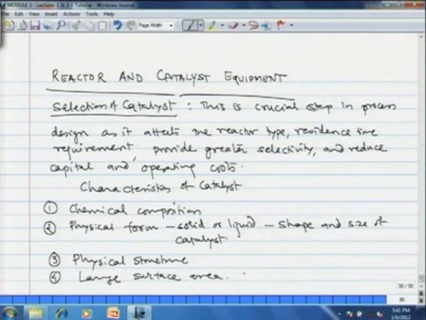Typically, the surface area is in the order of 100 meter square per gram. Such large areas are obtained by using solids that contain micro and mesopores. Typical catalyst supports are inert solids such as alumina, silica, aluminosilicate, and the active catalyst species is usually deposited on the surface of the support.